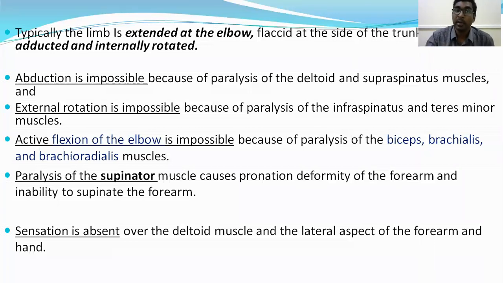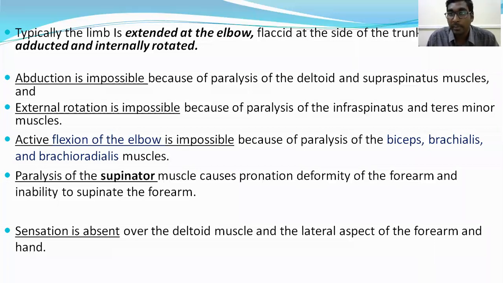And there is paralysis of the supinator muscle. The supinator is paralyzed, so the arm will be in pronation, and the biceps is also paralyzed, and biceps is also one of the strong supinators of the forearm. So when both supinator muscles of the forearm are paralyzed, the forearm is in pronation. So how will the deformity be? The arm will be at the side, adducted, internally rotated, the elbow extended, and the forearm pronated. And this is called the policeman's tip deformity.